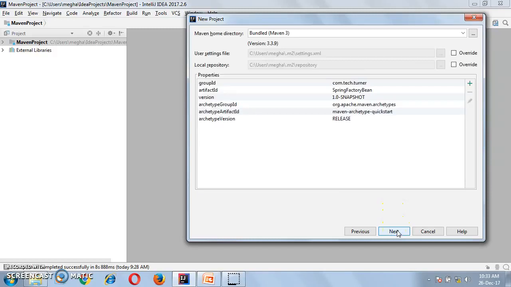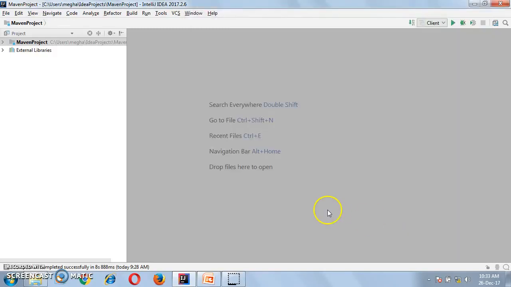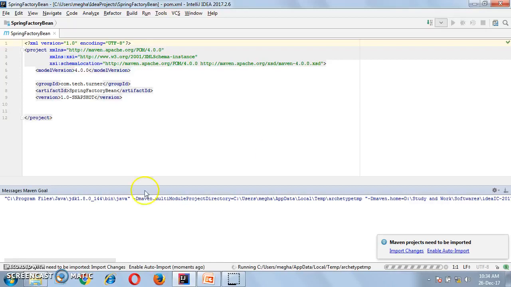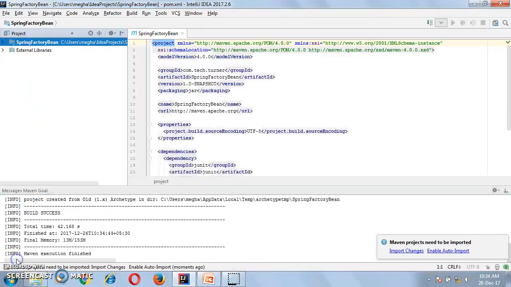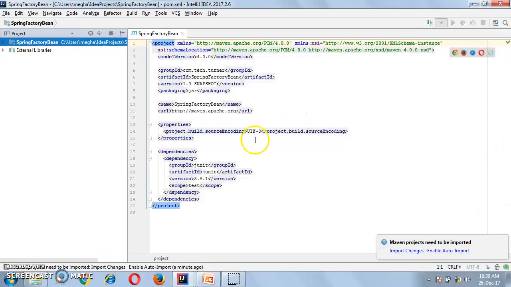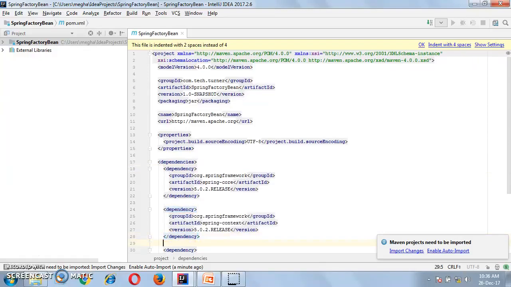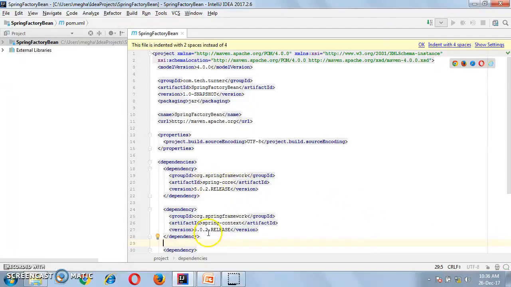This will be the name of our project. Next, finish. Yes, I want to open this project in the same window. Our project is building. The project is built successfully. That means our project is created properly. We will need Spring core and context modules, so I will be adding them as dependencies. So I have added Spring core and Spring context modules, and it's the latest version 5.0.2.